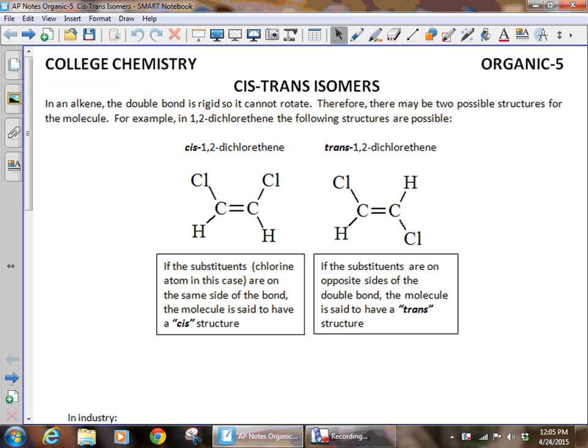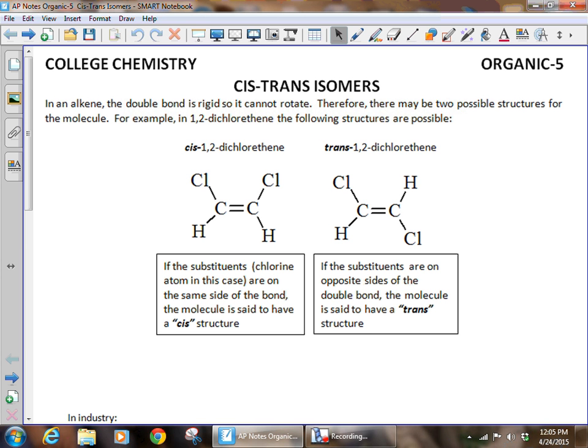Today we want to talk about something called cis-trans isomers. We've discussed isomers before. We know that isomers are molecules that have the same formula. They just have different structures. Well, in this case, when we're dealing with alkenes, it takes on a little bit different meaning because alkenes are not like alkanes when it comes to how